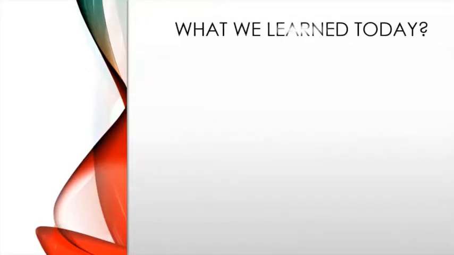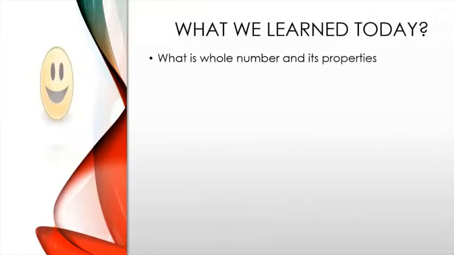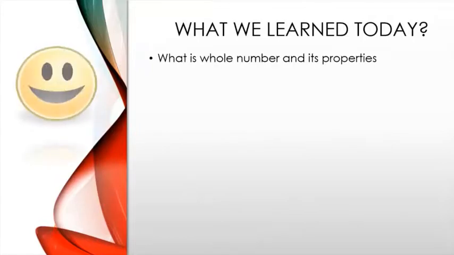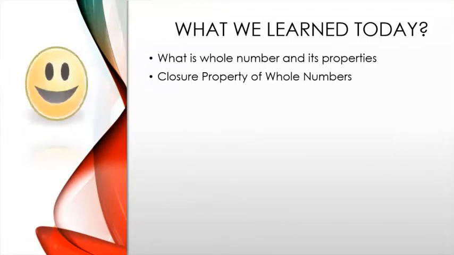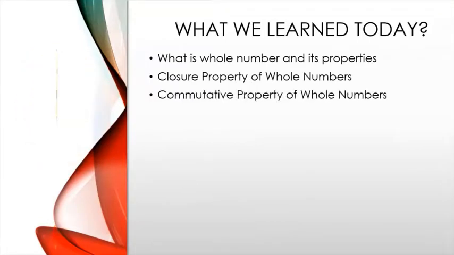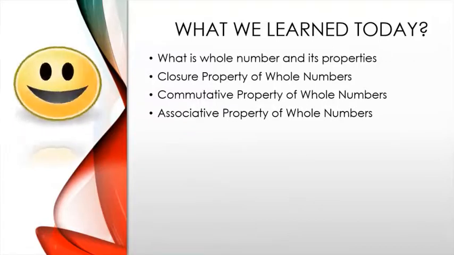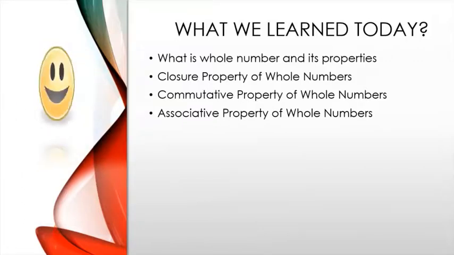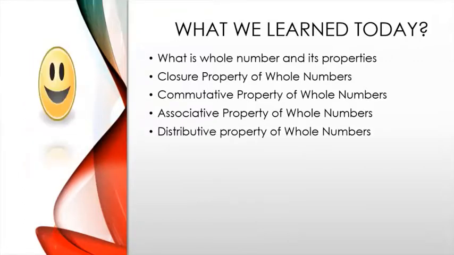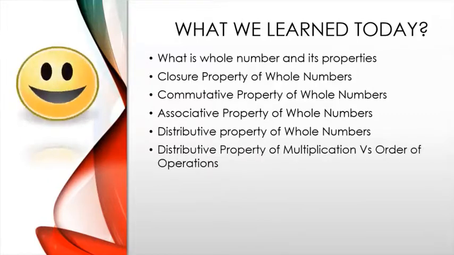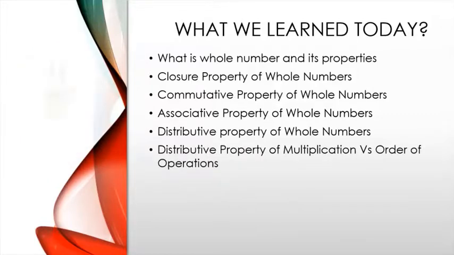So, what did we learn today? We learned what is whole number and its properties, the closure property of whole numbers, commutative property of whole numbers, associative property of whole numbers, difference between commutative property and associative property of whole numbers, the distributive property of multiplication, which is the order of operations, the property of zero, and